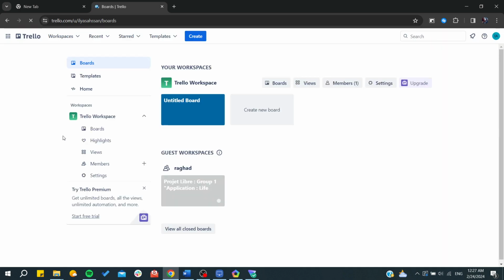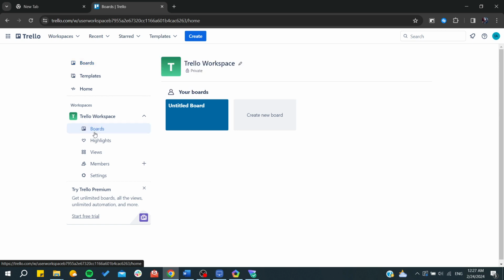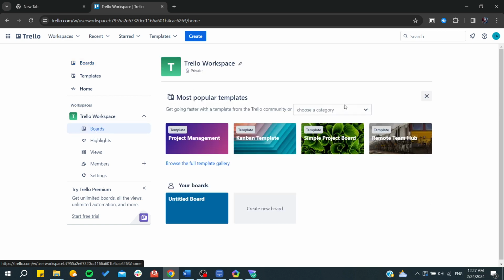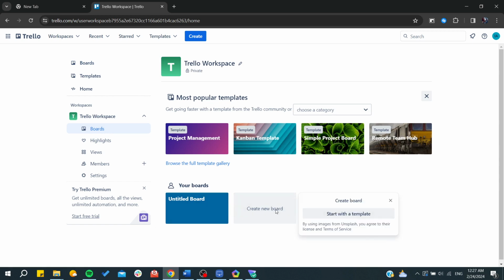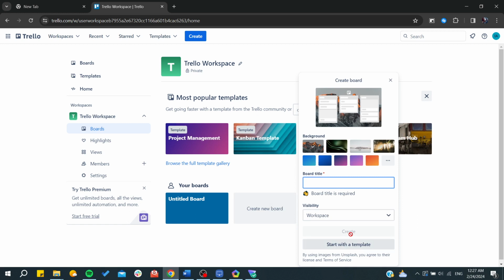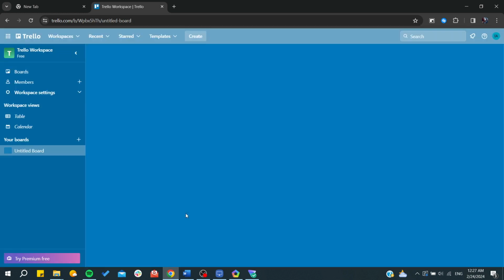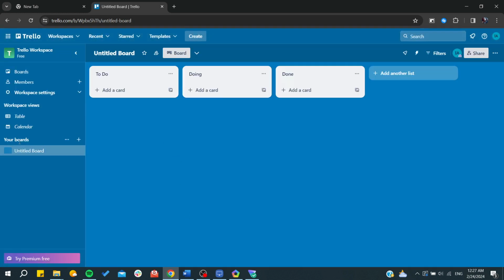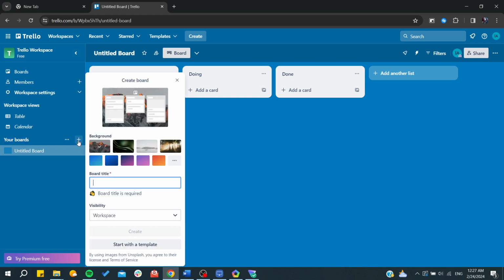So basically from the workspace, you will need just to choose any workspace. For example, here, I will go to boards, and from here, you can just go to your boards. And if you want to create a new board, basically you need just to click new board and you can start with the templates. Otherwise, from the workspace here, you can click on this plus sign to add